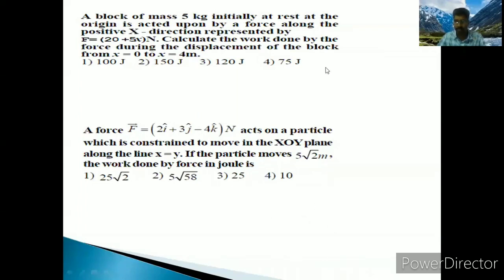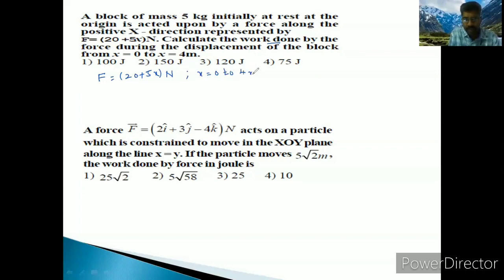So, next problem. A block of mass 5 kg, initially at rest at the origin, is acted upon by a force along the positive x direction represented by F = 20 + 5x newtons. Calculate the work done by the force during the displacement of the block from x = 0 to